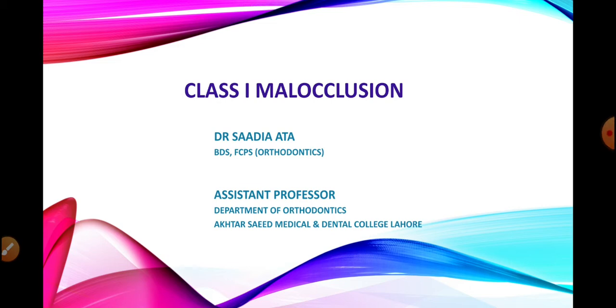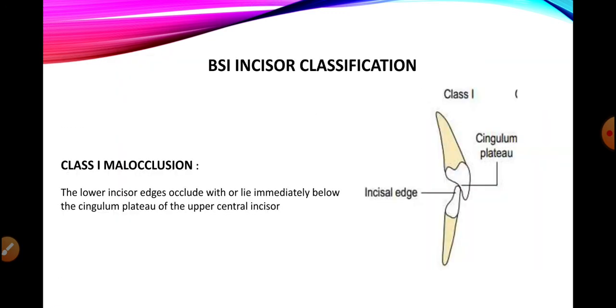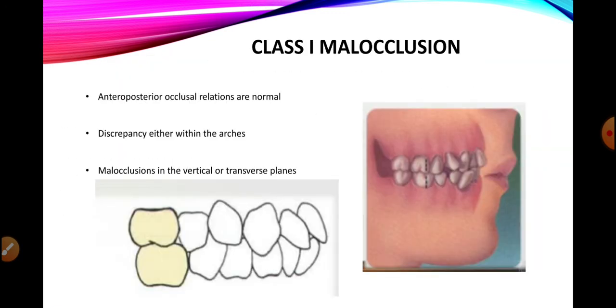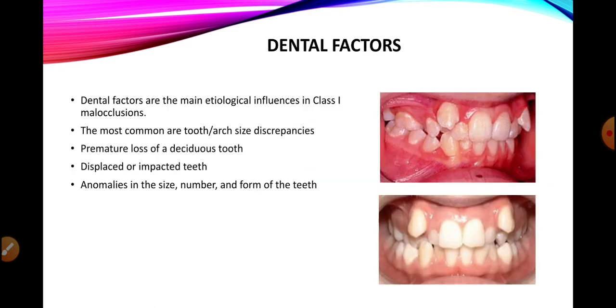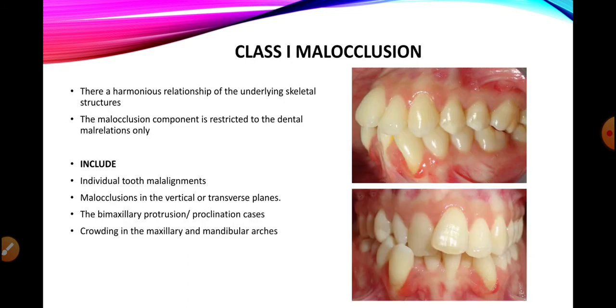Today we will be discussing class 1 malocclusion. As we have already studied the various classifications of class 1 malocclusion and the various etiological factors, that are the skeletal, soft tissue and dental factors, in which we said that majorly the dental factors are involved in a class 1 malocclusion. The anteroposterior relationships are usually normal, the skeletal harmony is there, and usually the underlying